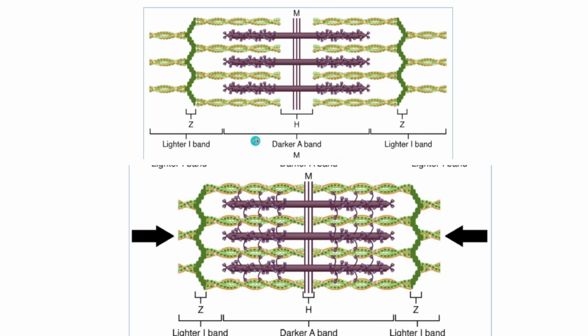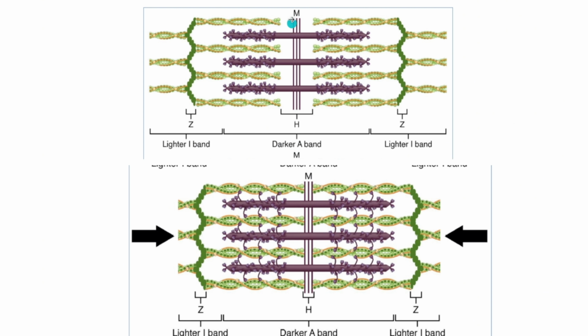But the A band remains; it doesn't change. It remains constant. The Z line remains constant, but only the H zone and I band change. So this is very important. In an observation, or an objective question, or a structural question, it may come out asking what is happening during muscle contraction to the